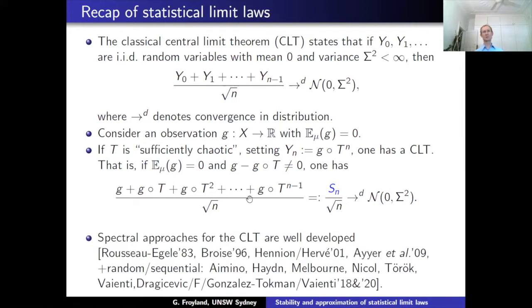As I mentioned, you can prove this in several ways. A really nice way, from my point of view, is to do this spectrally. And even spectral approaches for the CLT have been around for quite a while. These days, people are looking more at the case where the T's can change from step to step. So that's the sequential case. Or the T's are driven by some ergodic or stochastic process. That's the random case. With some collaborators, we've proven the existence of the CLT, the local CLT, and a rate function for the expanding and hyperbolic cases.